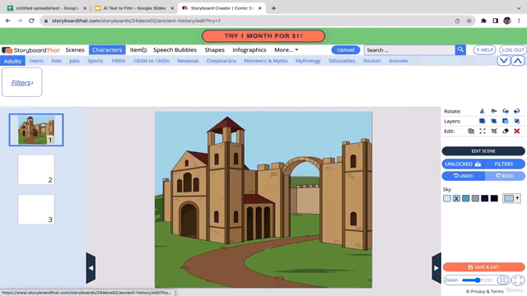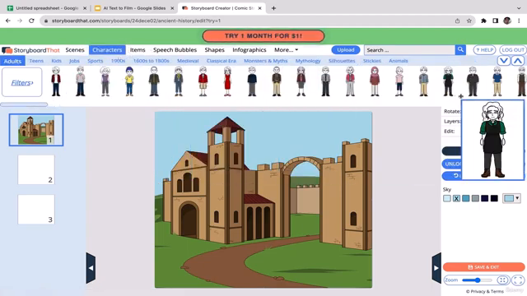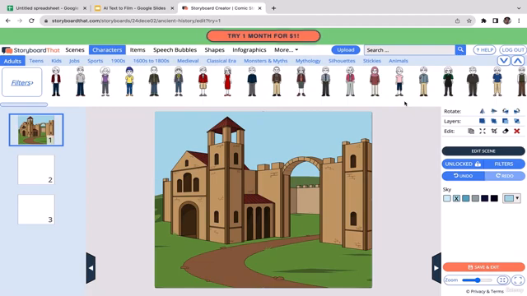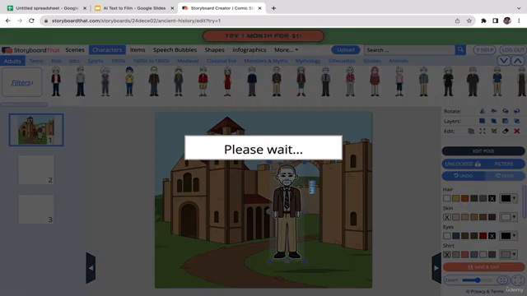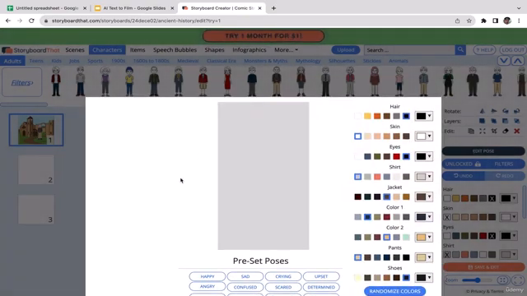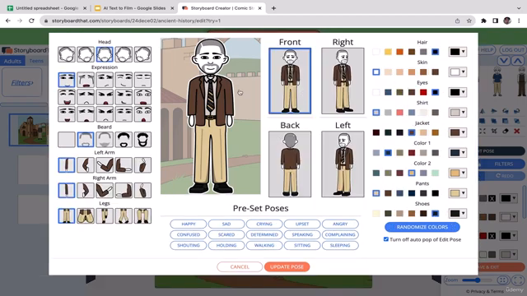And you can also go to the character sections. You have many different options for the character. For example, I want to pick this guy, so I'm going to grab him and then put him here, right? Okay, so as you guys can read, please wait. So when you add characters to your storyboard, you will need to customize it, right? You will need to